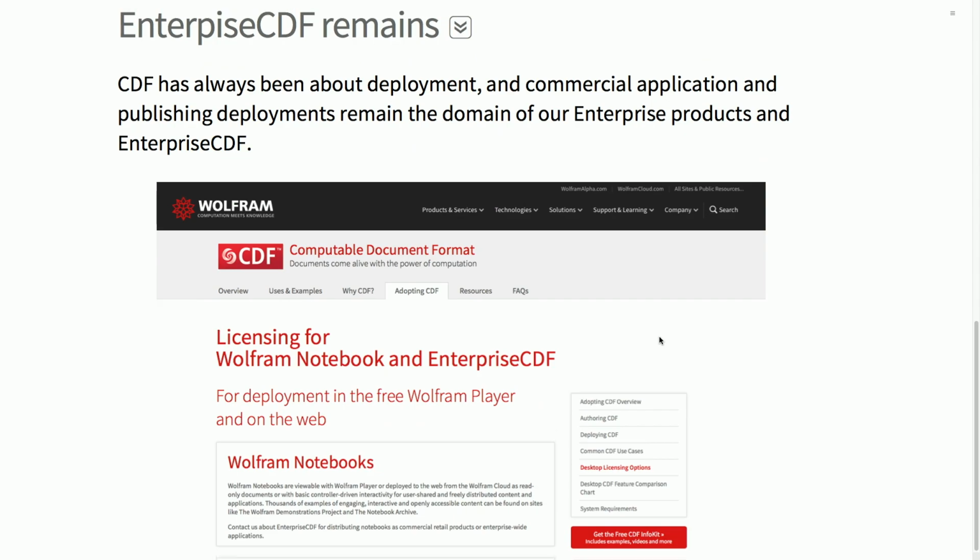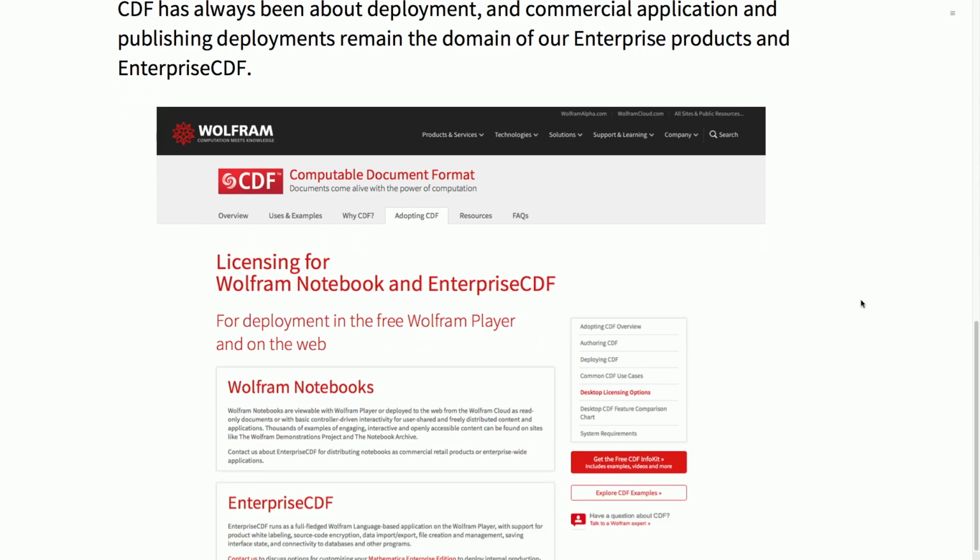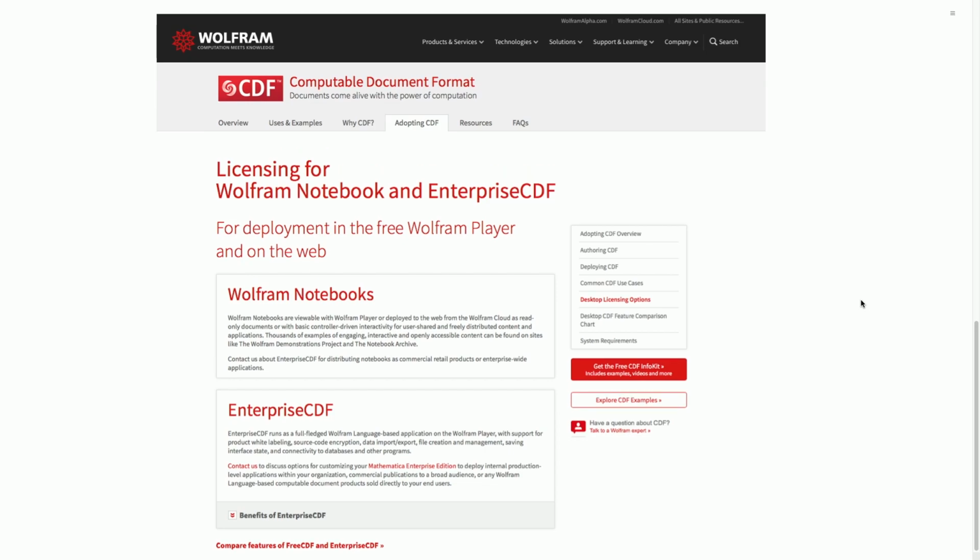To be clear, it was always a little bit of a problem we had with the notion that CDF was our deployment story. Notebooks aren't just about deployment. It's one part of our overarching message about how you work with our system. And a person who is just doing research is just trying to solve a problem for themselves. They're working in a notebook, and maybe that's all they'll ever do. They'll finish their work, they'll put it away, they're done. It's not about, oh, I have to think about, am I going to convert this to something? So we really want to get back to that notion of let people just share what they've been working in